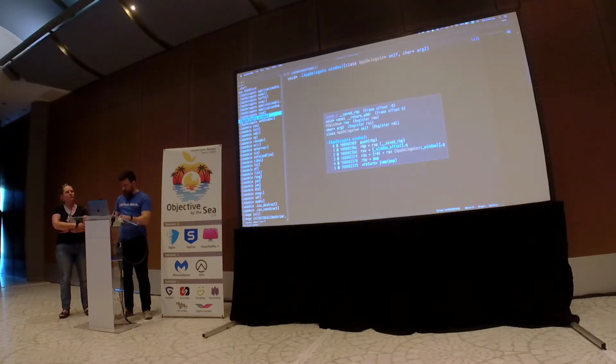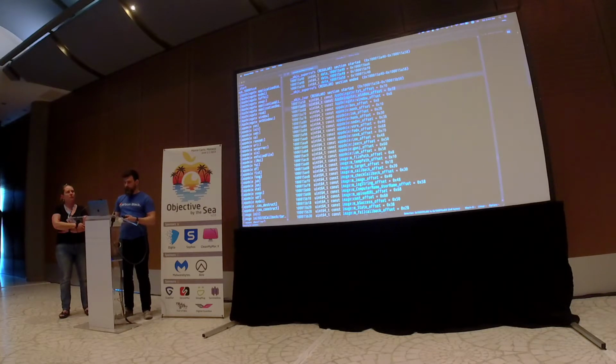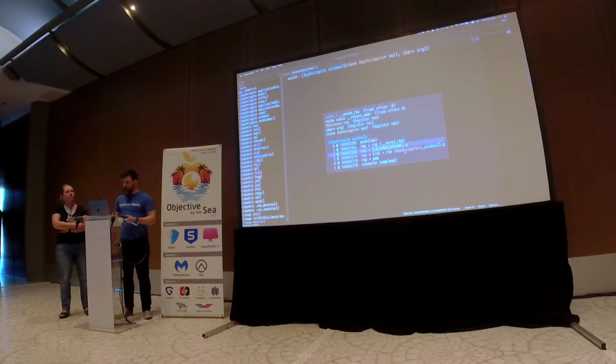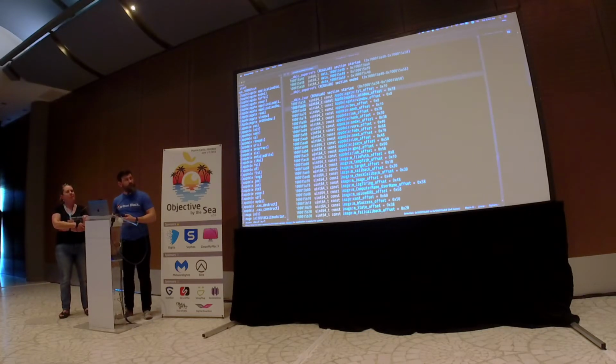Yeah, thank you. So in the disassembly, it's reading these IVAR offsets from this table, and then it adds those to whatever the class object is. So normally this would be just RDI plus RAX,